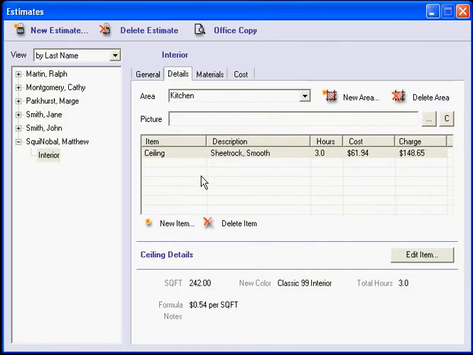So now as I look at what I've chosen here, my ceiling detail, here's my square footage, 242. My formula is 54 cents a square foot. And this is for 2 coats. It's going to take 3 hours. I'm going to pay my help $61.94. I'm going to charge my client